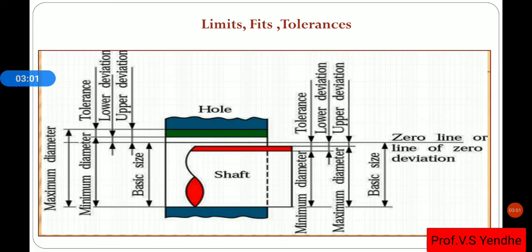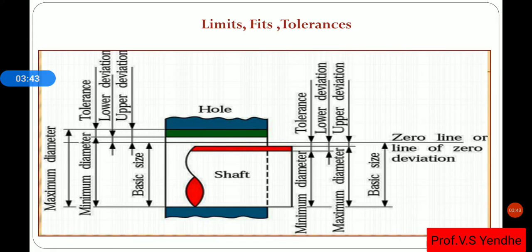That means whenever any component of the machine gets damaged, at the time of replacement of that component or at the time of repair, we need to replace that shaft. In that case, this knowledge of limits, fits, and tolerances is very useful for the appropriate selection of the shaft as well as the hole for the assembly. So there are a lot of basic concepts in the structure of this hole and shaft.